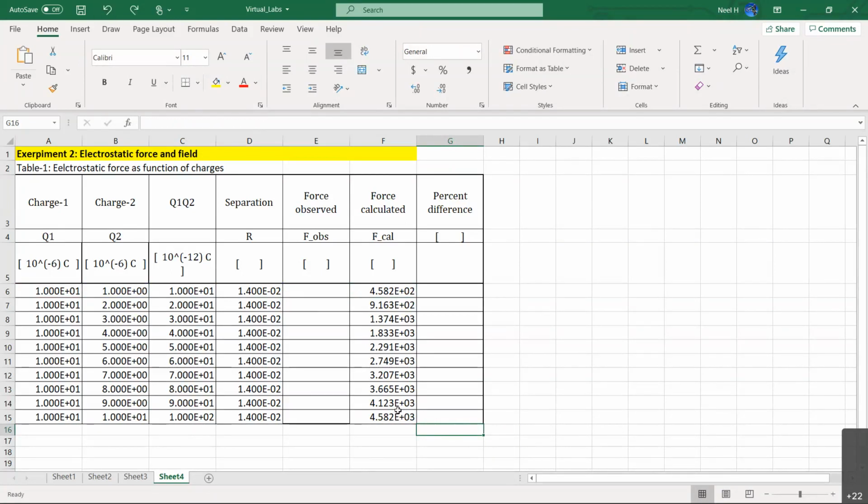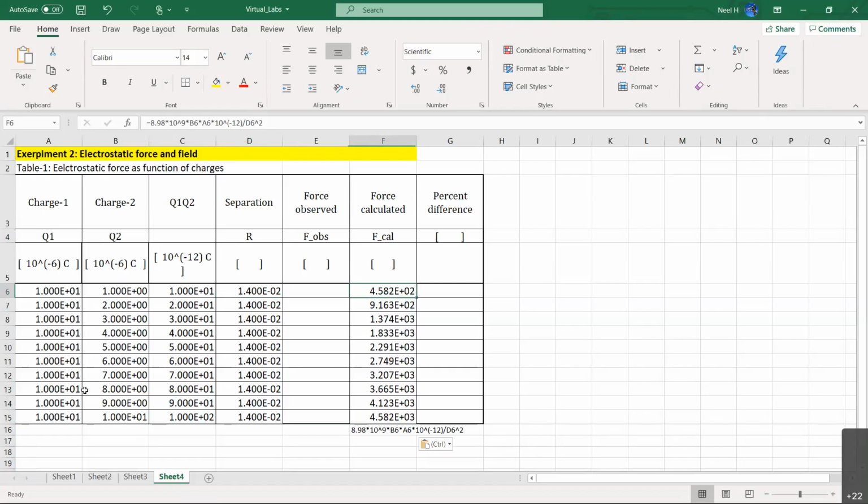Okay, any questions so far? Let me write it down. This one right here: K, 8.98 times 10 to the 9, B6 is charge number 2, A6 is charge number 1, and each charge is in microcoulombs. So you have to multiply by 10 to the negative 6, 10 to the negative 6, which gives 10 to the negative 12, and then divide by R to the power 2. R is actually D6 to the power 2. So that's the function I'm using.